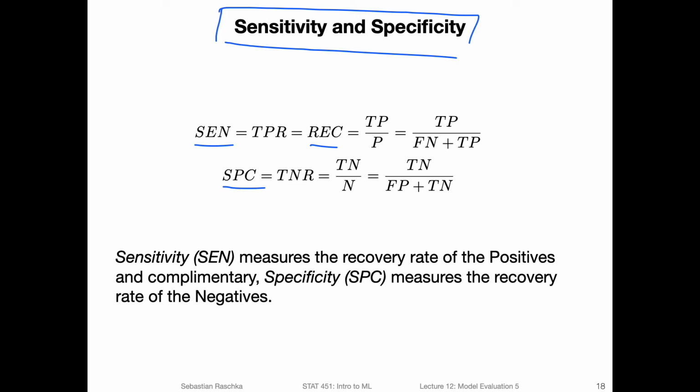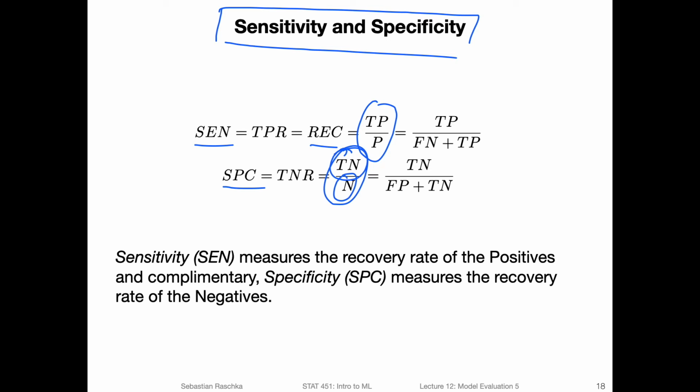Specificity is a little bit different. It's the number of true negatives over the number of negatives. So it's kind of the opposite of sensitivity. I think it's kind of intuitive to remember it like this, because here you have the true positives over the positives, and for specificity you do the same thing except for the negatives, the true negatives over the actual negatives.